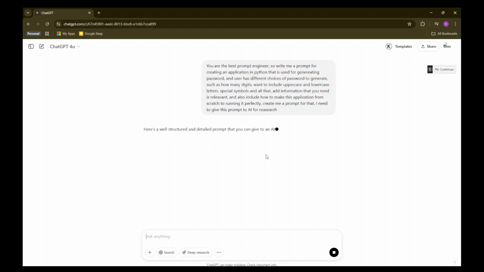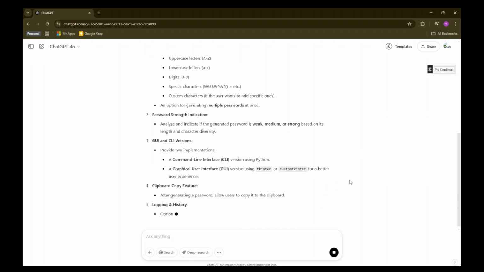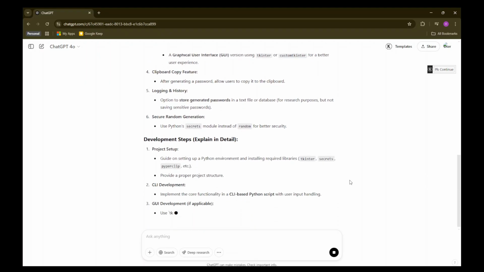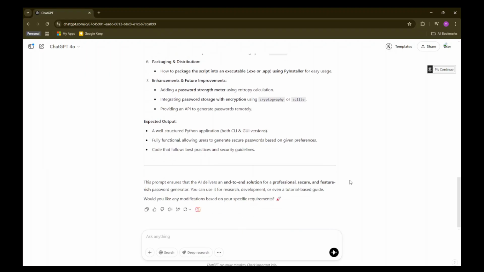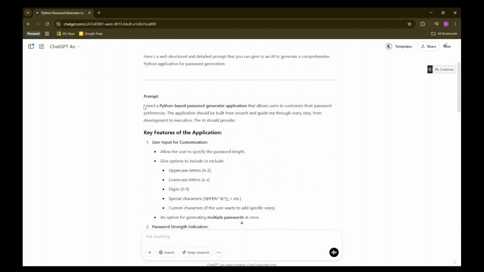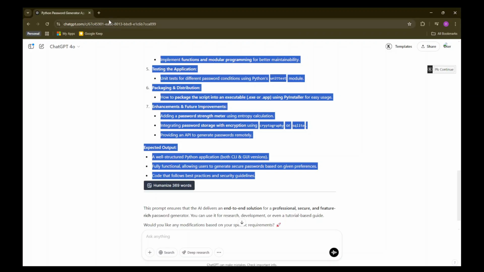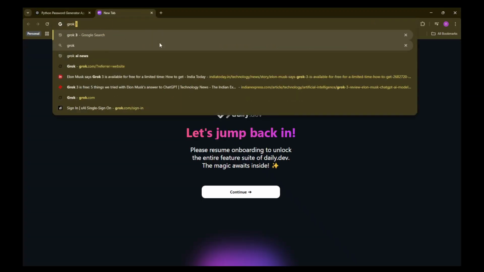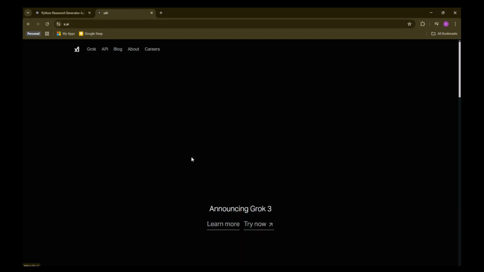And here it is. Now let's copy this well-structured prompt and pass it to Grok AI for developing our password generator application. Grok can be accessed in multiple ways, either through its official website or via X, formerly known as Twitter. In this case, I'm using Grok's official website. So go to grok.com and paste this prompt. Once we submit our prompt,